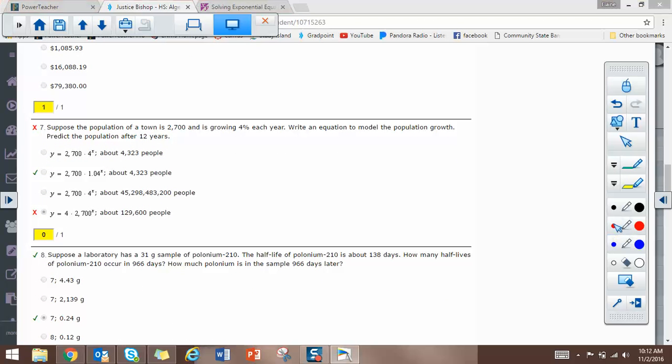Okay, so here we have another exponential growth. It says, suppose the population of a town is 2,700 people, growing 4% each year. Write an equation to model the population growth and then predict it after 12 years. So it's always the initial amount first. So y is going to equal the initial, which is 2,700, times